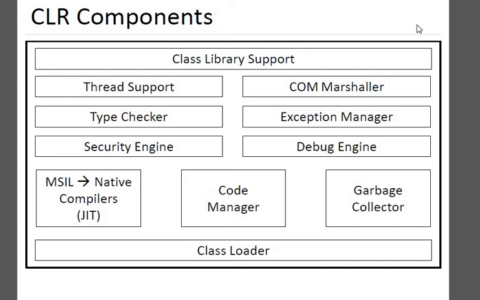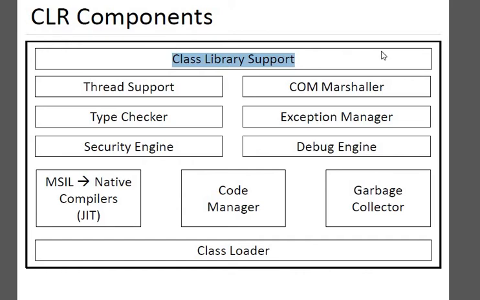Today we will understand the CLR component in detail. In the .NET Framework architecture, we have discussed the common language runtime and its functionality. The CLR is the execution engine of a .NET application and serves as the interface between the .NET application and the operating system that we have discussed in the .NET Framework. But today we will discuss the diagram and detailed components of the CLR, in which the first one is the class library,